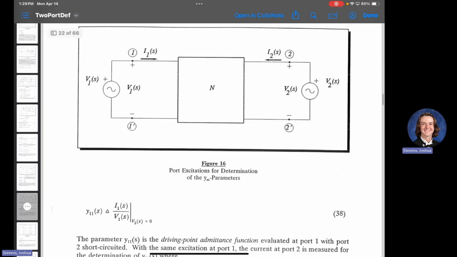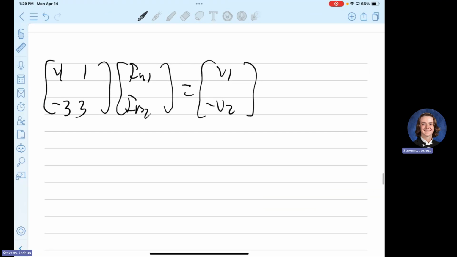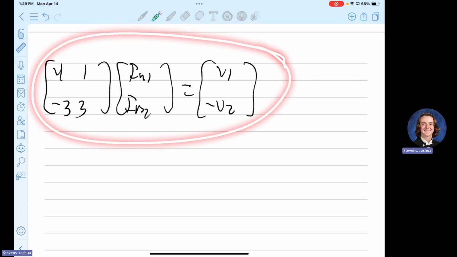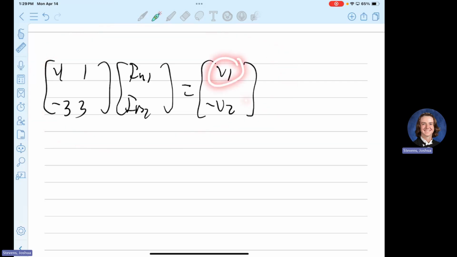Okay? We have this. We have our arbitrary sources. This is kind of like a Thevenin's or a Norton's. In this case, it'd be a Norton's because we're using mesh, where we turn off the one source, we turn on the other source. It's kind of like that, to where we have the arbitrary source. But instead of having a 1, we just have an arbitrary source. So what I'm going to do is plug this into the calculator where I have a V1 and a V2 in terms of just the actual variable. I know I'm not going to put any values. And so I'm going to say for the first one, Y short,